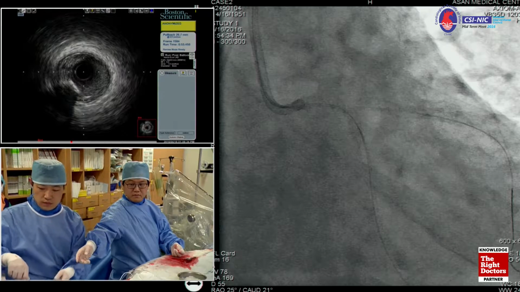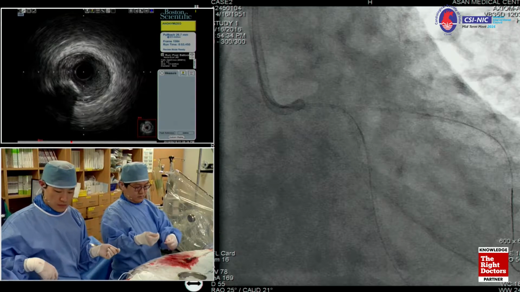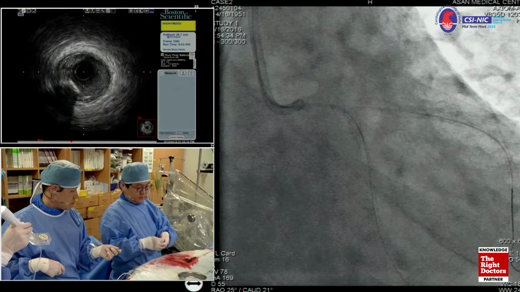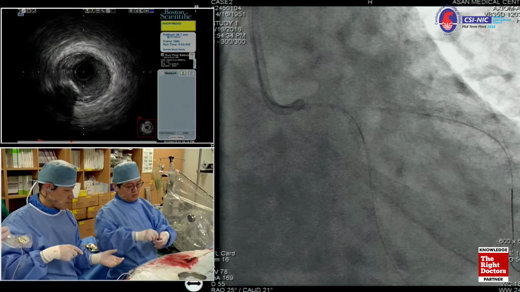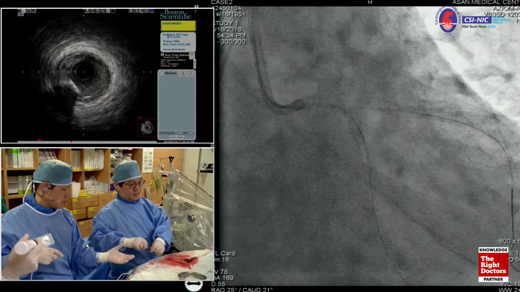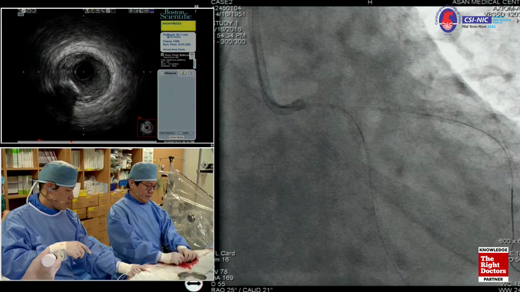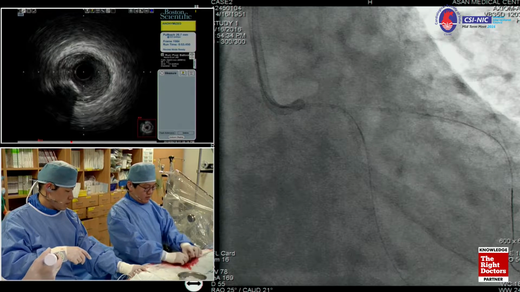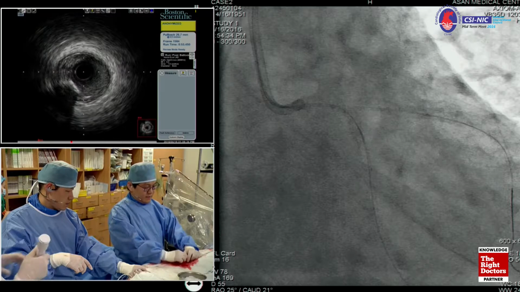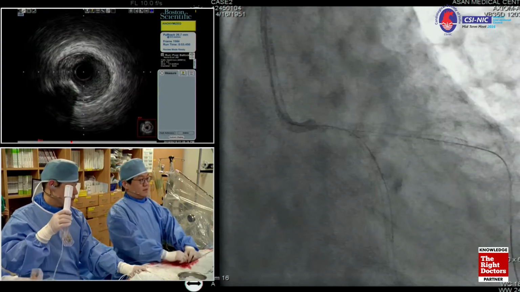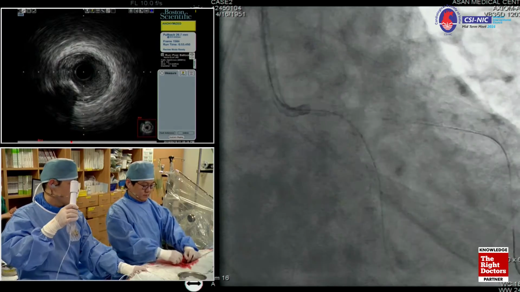So Dr. Ahn, you did the predilation with the smaller balloon in the circumflex ostial area. 2.0 or 2.5 before? Yes, for the circumflex opening, 1.0 balloon and then 2.5 balloon, we gradually increased the balloon dilatation for the circumflex stent. But the 2.75 NC balloon could not pass yet. Finally,